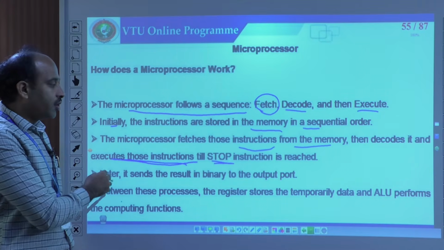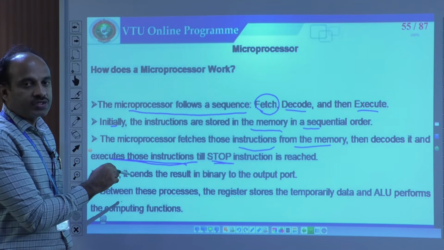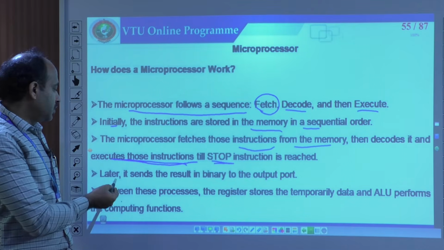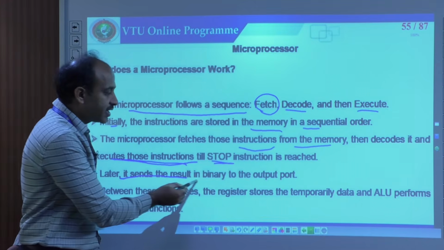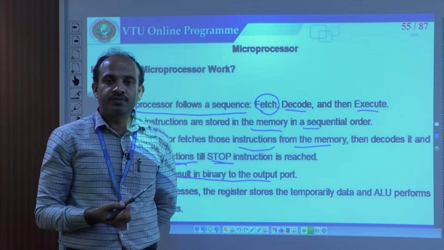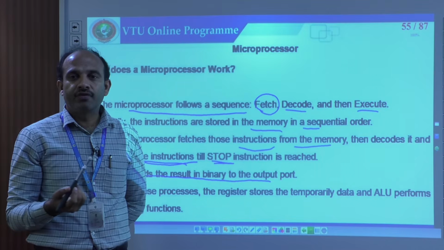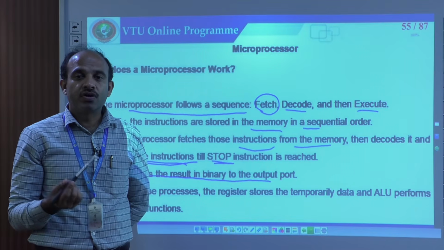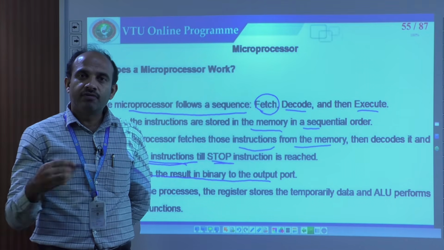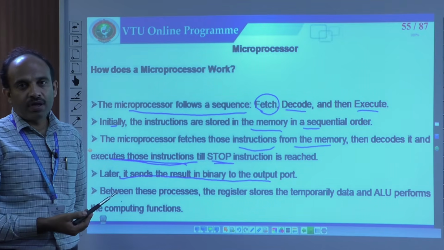And later, after the decoding has been done, and then the execution has been done, it reaches the stop. Once it found the stop, it stopped, and then it sends the result in binary to the output, because initially it has taken 20 or 10, whatever the value. If I am talking about the addition of two numbers, whatever number you have given will be stored in the memory. 10 will be converted, that is, decoded into the respective form, because the system,